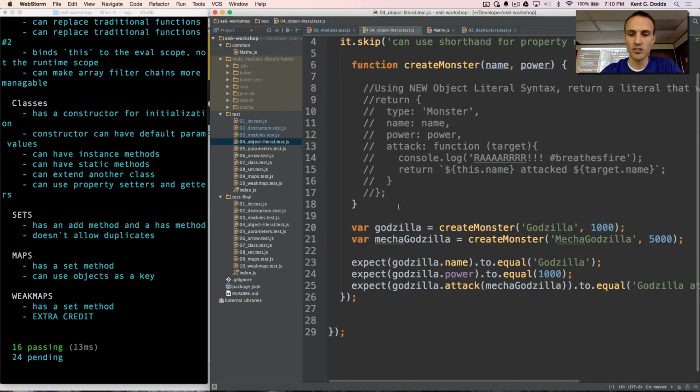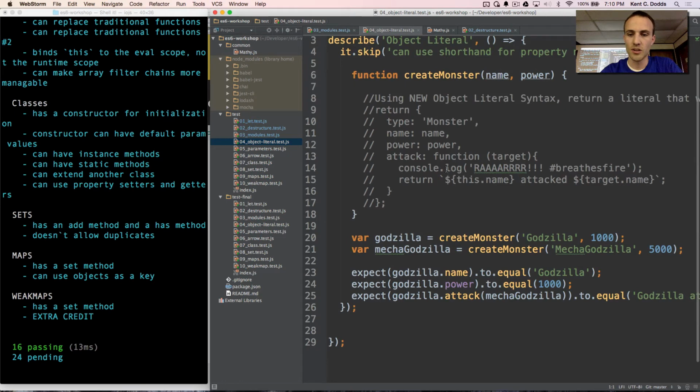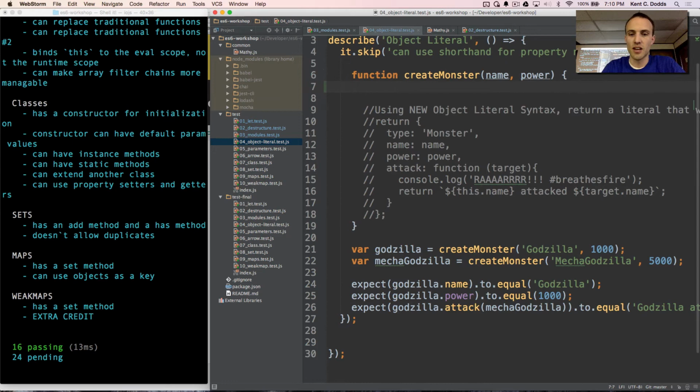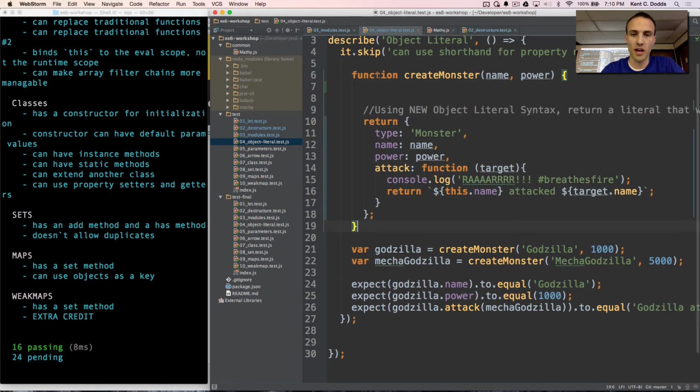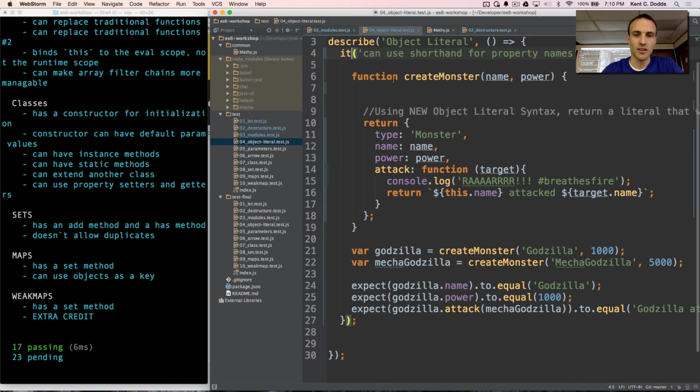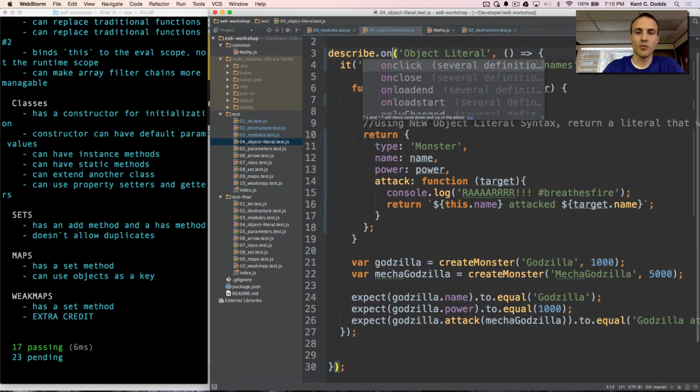And object literals are really cool. There are a couple of really cool things about the new object literal syntax. So this is the ES5 way that you would pass these tests. We'll make this describe only.